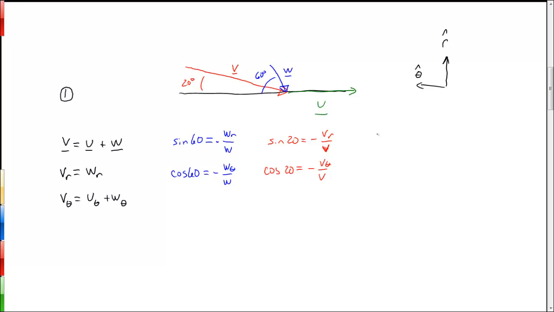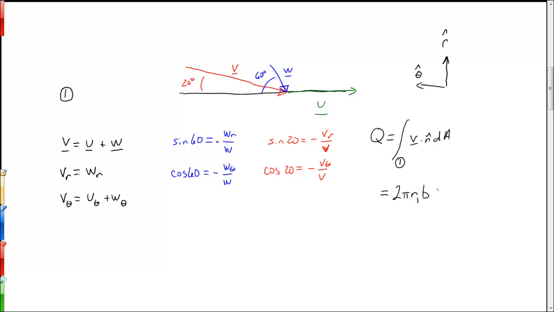Now we know that the volumetric flow rate, Q, is going to be given by, if we do it formally, the integral over the inlet of V dotted with n hat times the area of the inlet. And in this case, for a uniform flow, steady in the mean, with all of the normal assumptions that we make, that's going to give us the area, which is 2 pi r1, where the subscript 1 refers to the outer boundary, times b, the thickness,